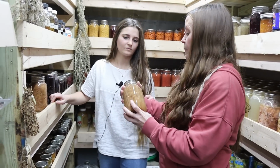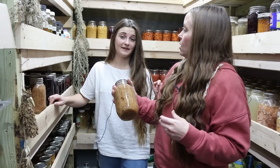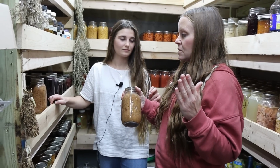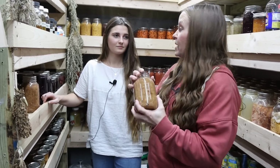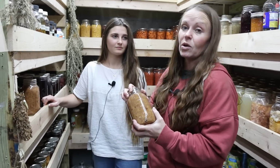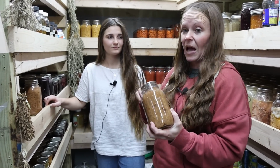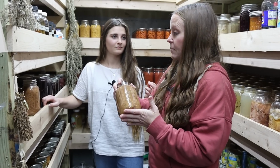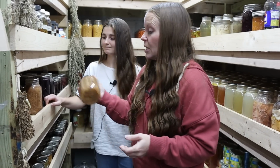But you also have a lot of applesauce from last year too. I didn't make any of that this year. So in our root cellar, we have a combination of different things. We have some home canned food, but we also have store-bought. So we do both of applesauce. We do our canned from homemade applesauce, but we also have some from Aldi that we keep down in the